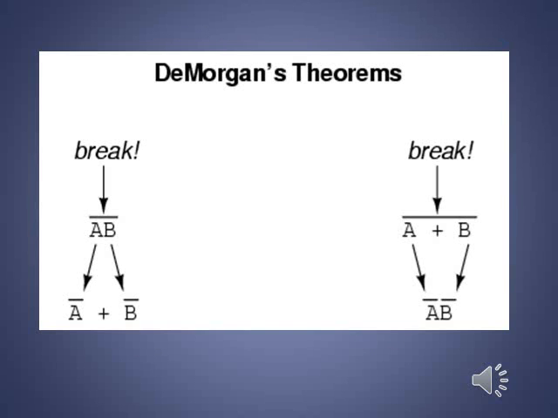Here I have explained how to use De Morgan's theorem. For example, when you have an expression like (a dot b) whole bar, the line over it is broken as a bar and b bar, and the dot sign becomes plus sign. And similarly, for an expression (a plus b) whole bar, you see that a becomes a bar, plus becomes dot, and b becomes b bar.